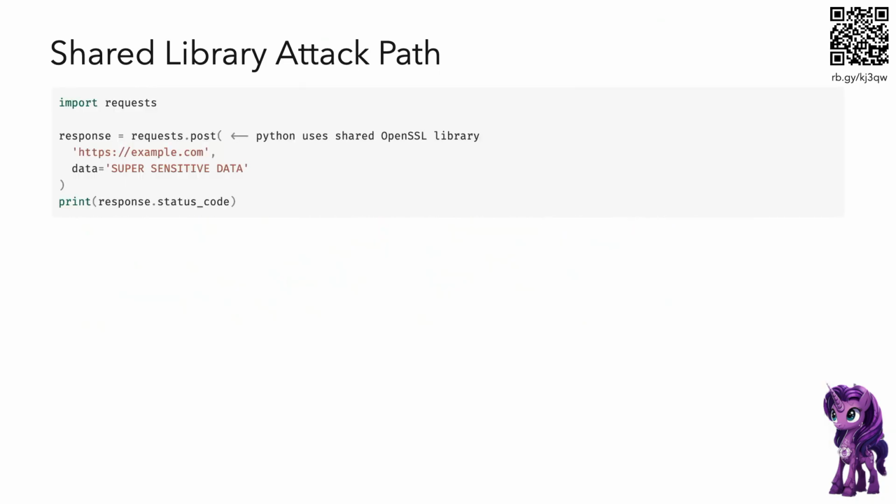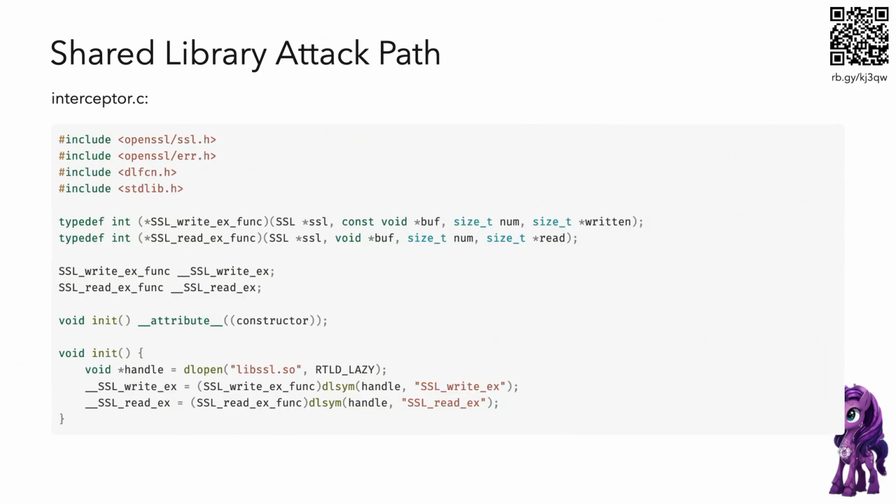So some Python code, basically saying what I just said. If you say requests.post, Python's going to use OpenSSL for that. A lot of scary C code follows. Sorry, I got a bit lazy with the presentation. It's not a slow reveal here.